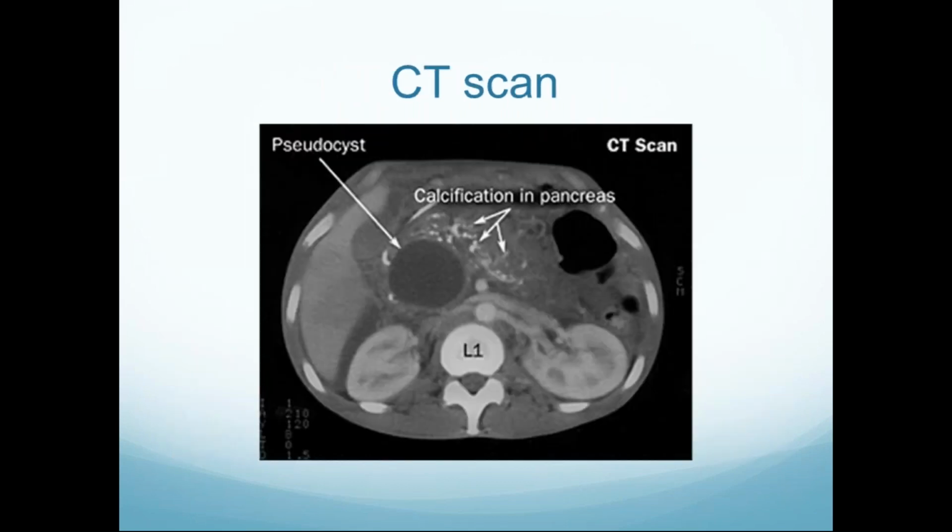So another diagnostic modality for the structure of the pancreas is the CT scan, that is computerized tomography. In computerized tomography, what you have to look for is the calcification of the pancreatic parenchyma. In the X-ray abdomen, we have seen that there will be multiple white dots. Similarly, there will be multiple calcifications, as you can see from the arrow marks in this pictorial representation. And this hollow structure filled with fluid is called a pseudocyst arising from the pancreas. Okay. So just remember up to this part.